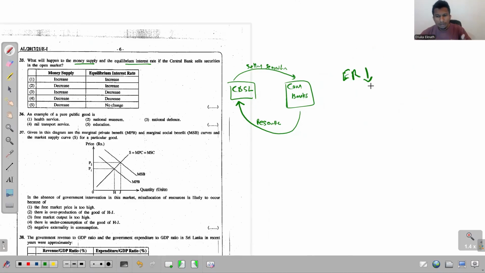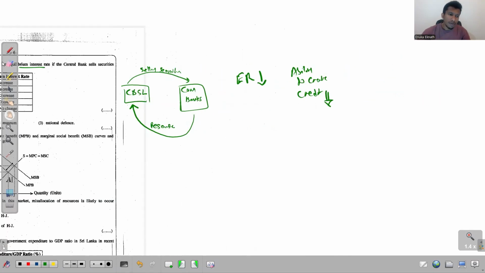When the excess reserves get reduced, their ability to create credit decreases, so that even the money supply decreases, and when the money supply decreases, interest rates